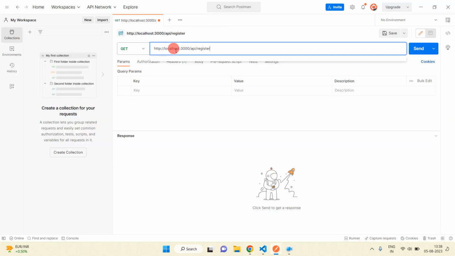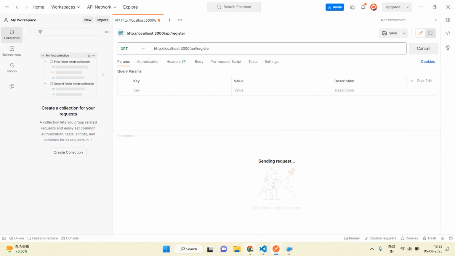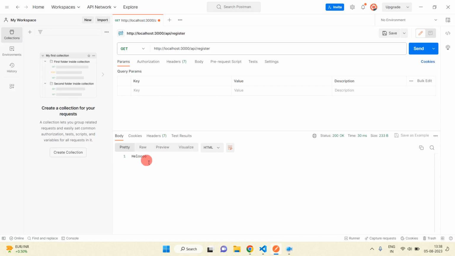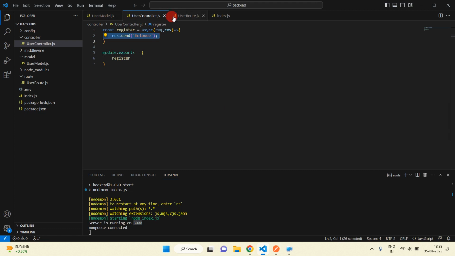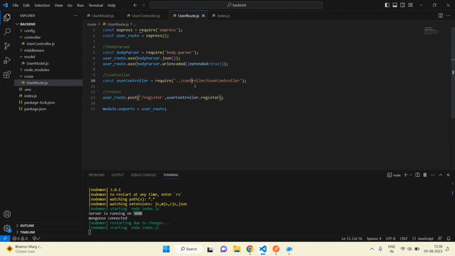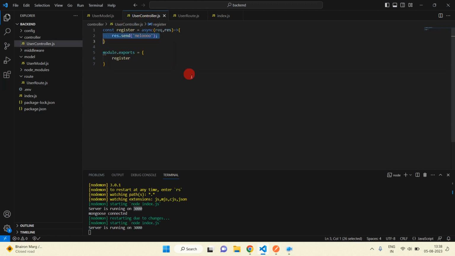I'm going to use this inside Postman. So open Postman and write this here. I'm not going to use the browser. Same thing, I am getting hello when we are hitting this API, and this is the GET method. So I'm going to change this method. Go inside the user route and change it to POST, and in the user controller